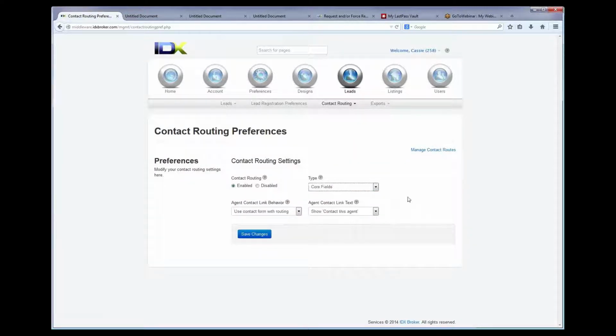Core fields is the default, and this is what's going to work for most people. That means that the lead is going to go to the agent that they are assigned to or cookied with, or they can be assigned to an agent based on